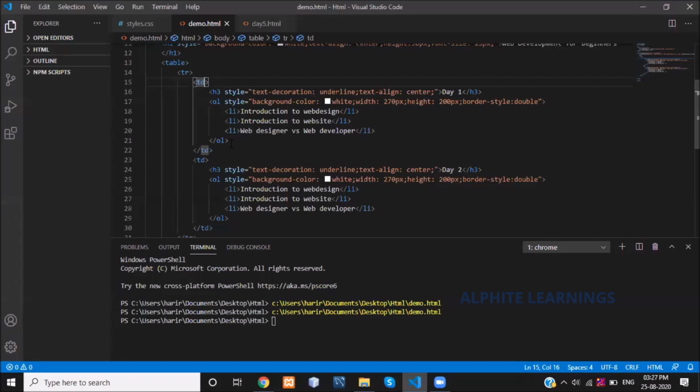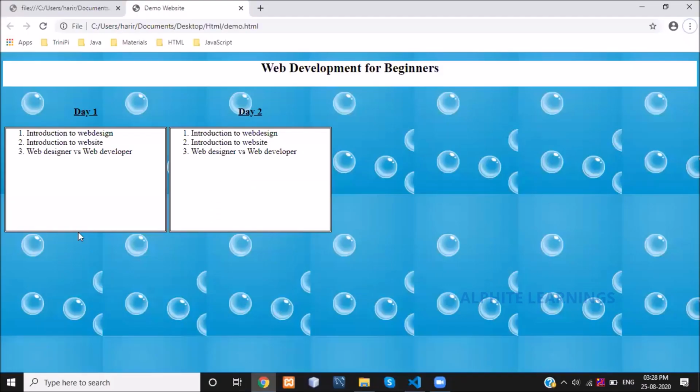If you want a paragraph or 2-3 paragraphs in a single line, you can also use this table, with table row and data. It is possible to mention the passage, paragraph or list elements you are going to display in a single line using this table tag.